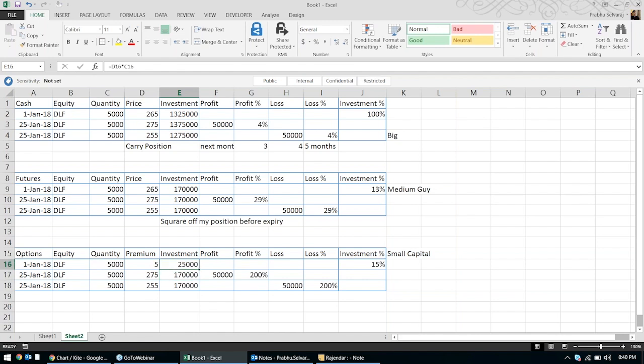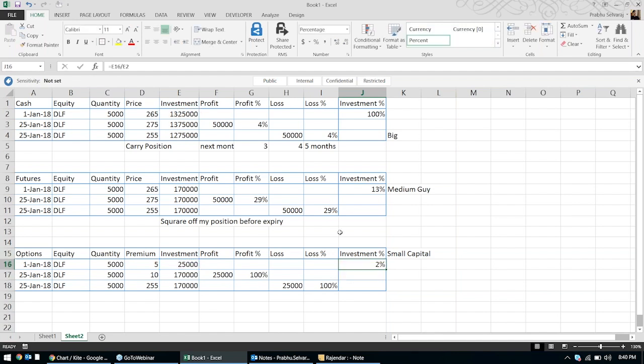If they are able to predict the market at the right time, this 5 will become 25, and he makes a profit of 50,000. Maybe 10 rupees, 25,000 profit he makes, 100% returns on his investment, and the same 100% loss on his investment. The capital he is going to invest in the market is